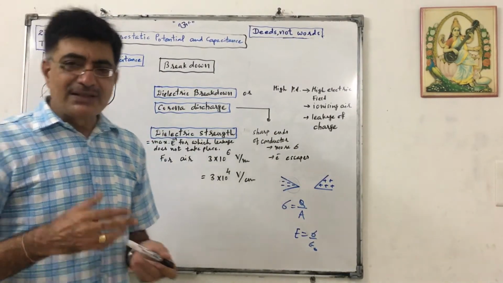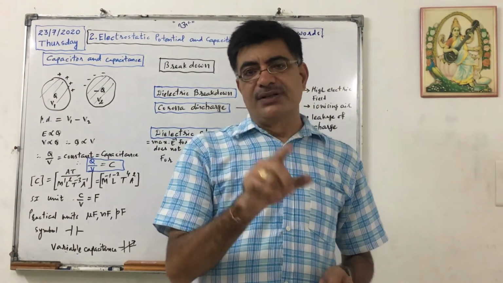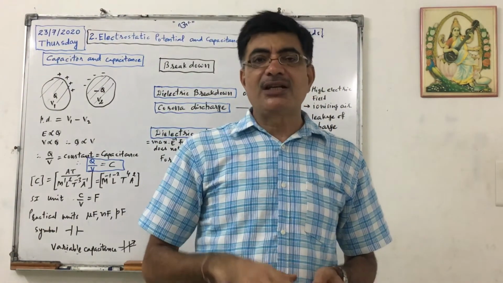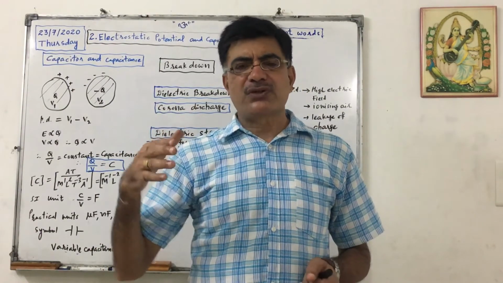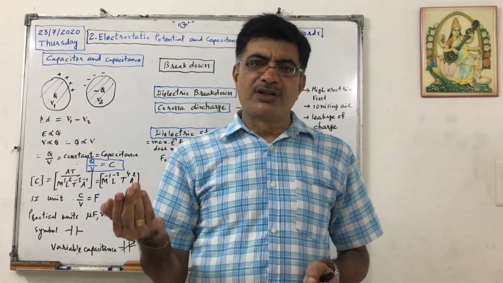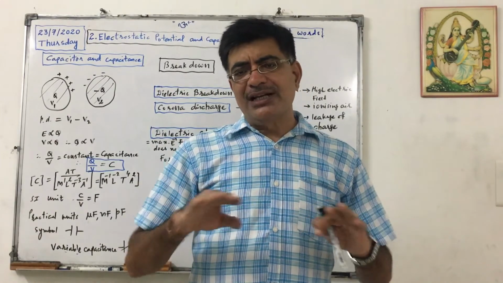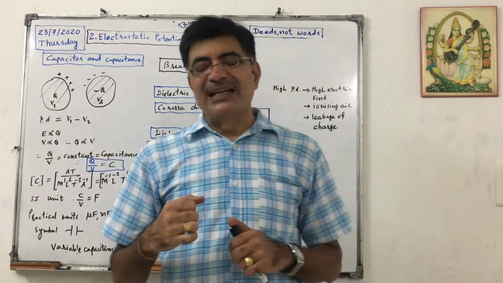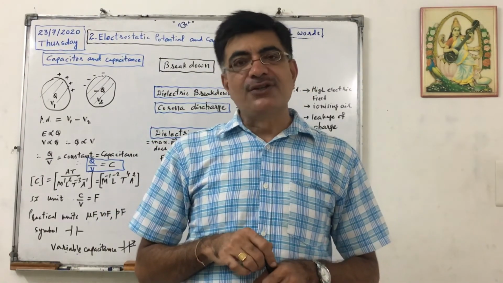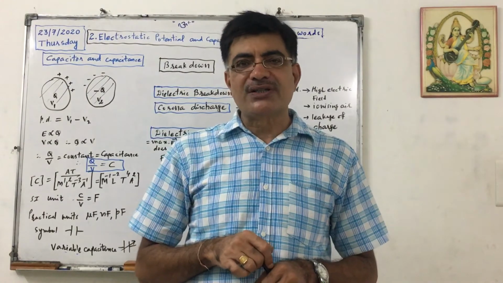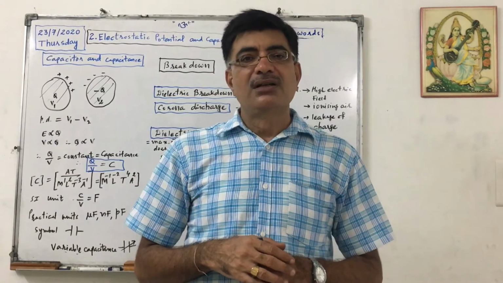What is a dielectric? The insulator we put between two conductors can be called a dielectric. It allows the effect of the electric force of charge on one conductor to reach the charge on another conductor, but it does not allow charge to pass through. That is called a dielectric. In other words, a poor conductor or insulator. 100% non-conductors are not possible, so they are called poor conductors, or insulators.